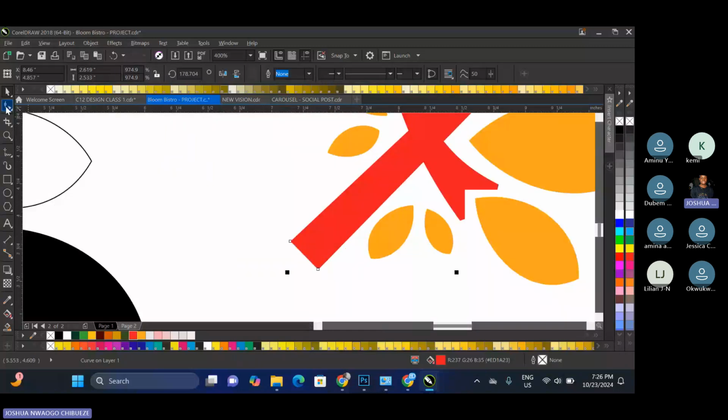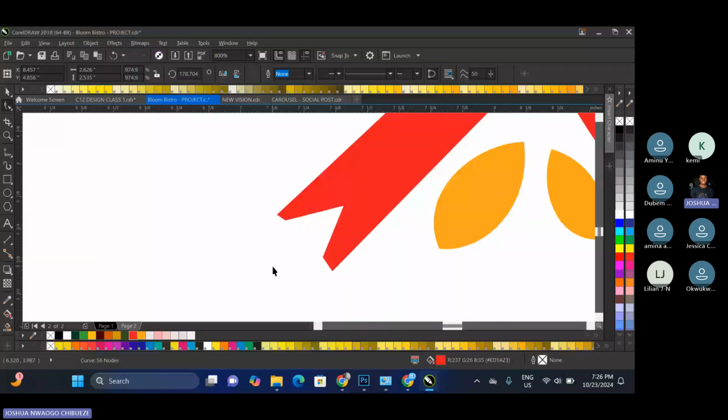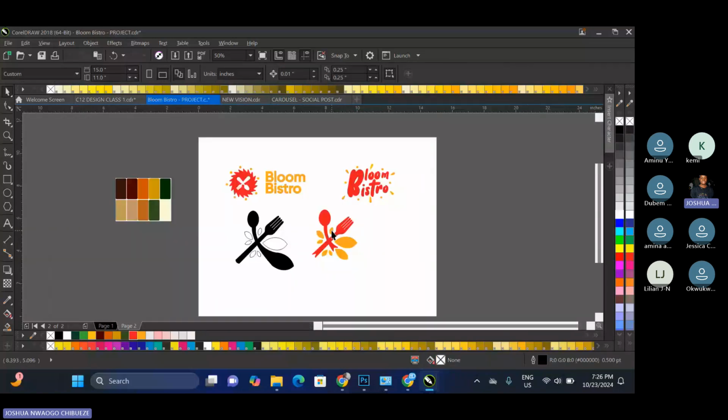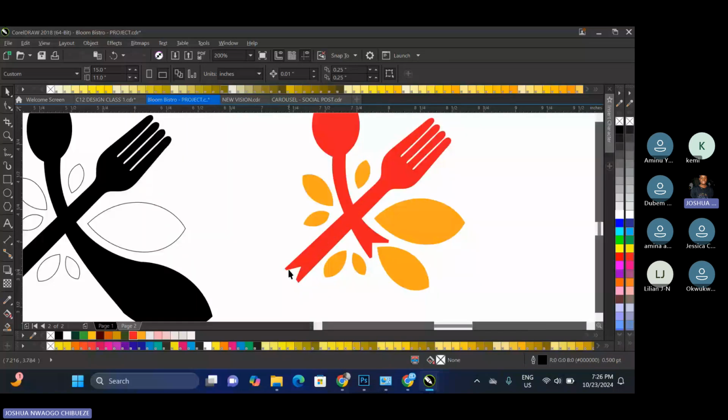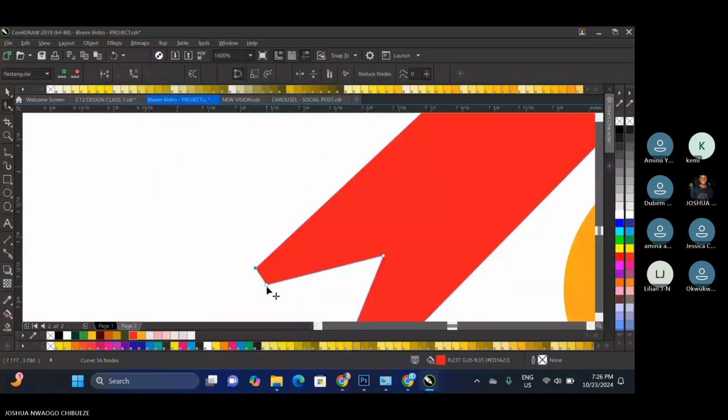Let's move this here. I think we'll go with this one. I think this is the one. We're going to delete the other ones. Most times with these designs, if you are doing it the first time,